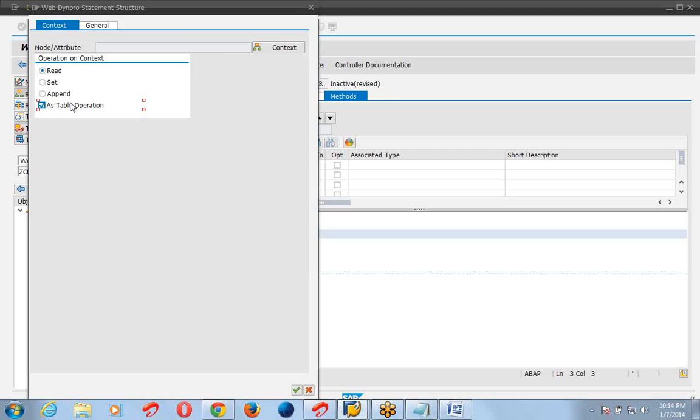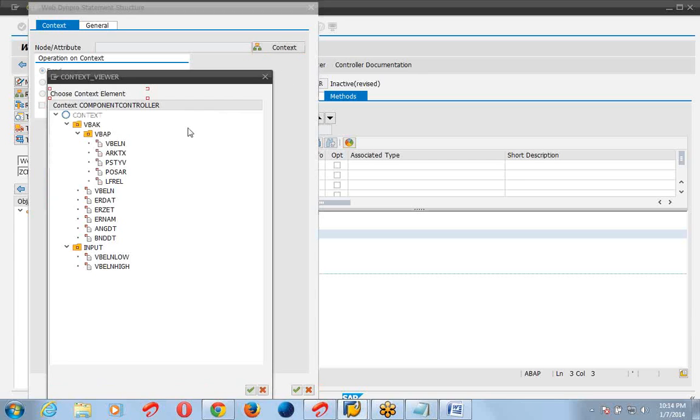You are selecting a record from the screen, single record or multiple records? Single record. Then why the table? Read only. Which context node do I have to select? VBAK. What thing do I want to capture from the screen? Input.